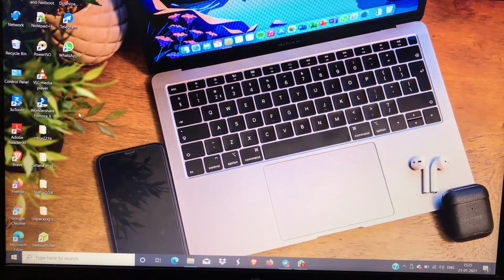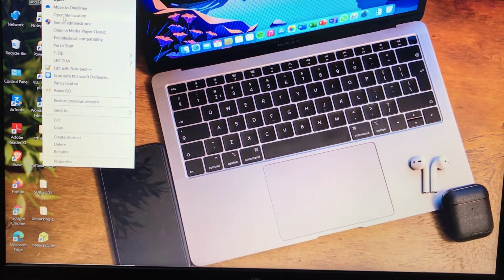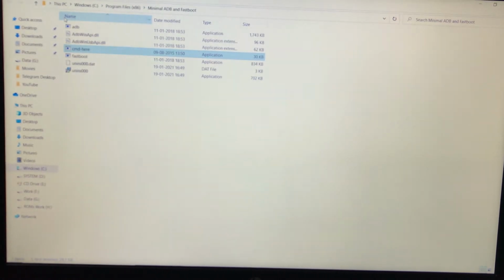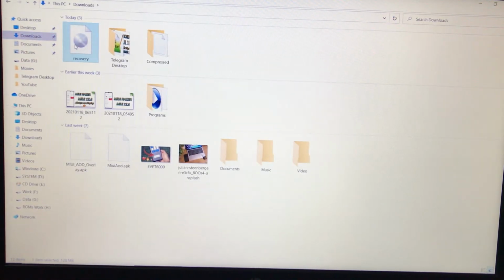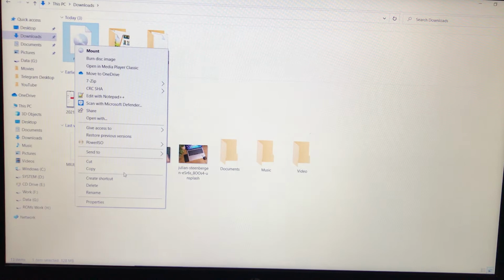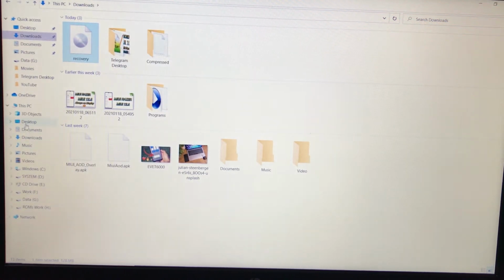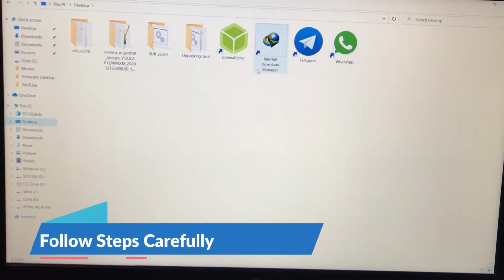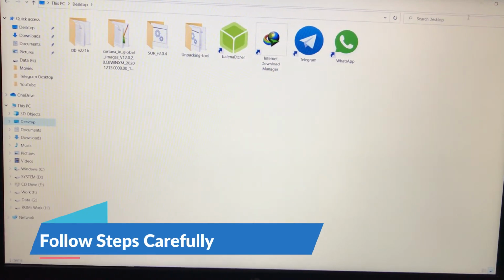This is the file which I was talking about. Let me show you by going into this file location. These are some files which are required to install a custom recovery on your device. We're not going to change anything here, so just keep it as it is. Go to your download location where you have that file. This is called recovery. You can use a recovery according to your device. Just click on copy or cut, and paste it where you have the minimal ADB and fastboot tool folder.